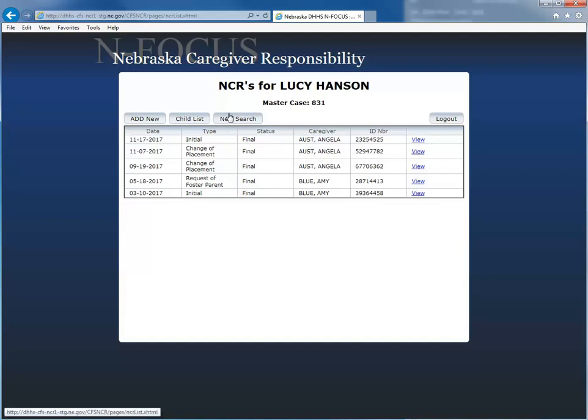and now you have an Add New button over here on the left where you can add a new type of NCR. So if you click on Add New, say that she did move placements, or this is the initial placement for Lucy. Sometimes you won't have anything listed here. If this is the very first placement, you're coming in to do the NCR, you won't have anything listed here for your child. You'll have to have her in an out-of-home placement on InFocus for her to be able to show up in this